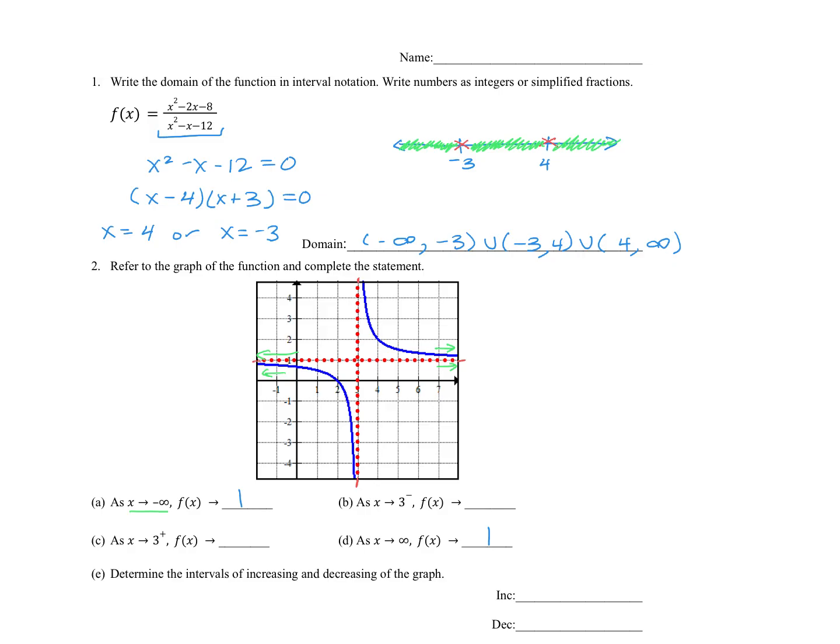Now let's talk about 3. Again, x equals 3 has a vertical dashed red line going through it. And you want to look at what happens as you approach 3 from the left. So what's happening in this direction? And you'll notice that you're riding this blue curve down forever. So that direction is negative because you're going down to negative y values, and it's forever, so therefore it's going to be